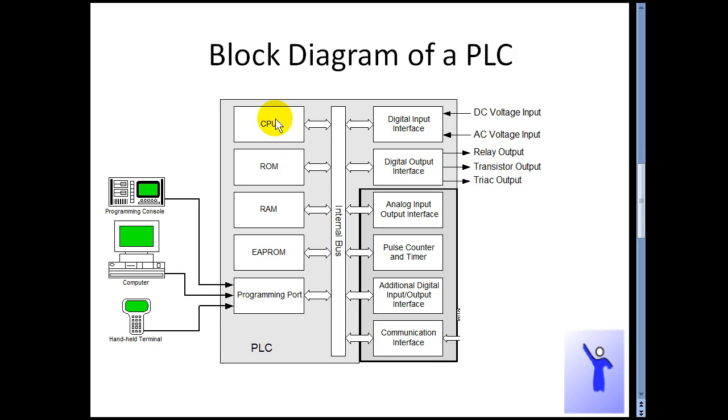This is the central processing unit, as you might know. The CPU of the PLC will be a dedicated microcontroller or a microprocessor, the design and selection of which differs from manufacturer to manufacturer. This CPU essentially processes the information which comes into the PLC according to the programs given to it and controls